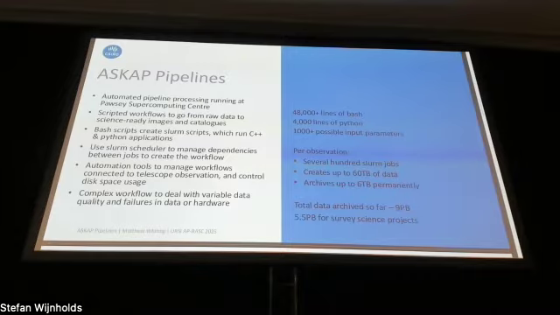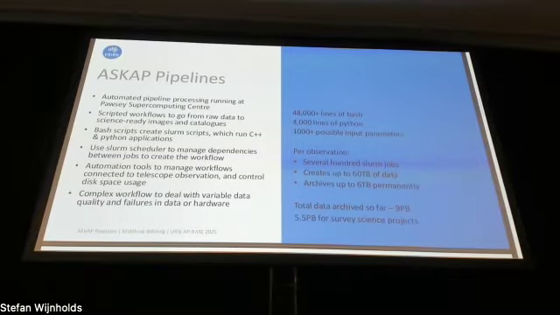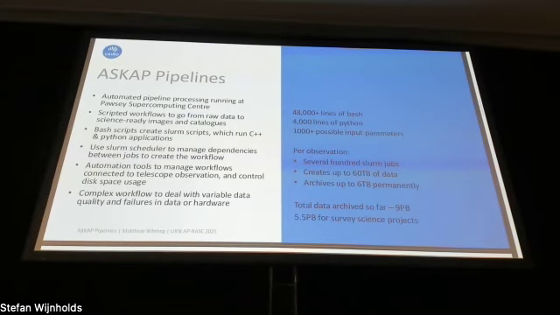So what we have in place for the processing is what we call the ASKAP pipelines. These are largely, almost entirely automated workflows that run at Pawsey, and are geared around taking the data from the raw visibilities that come out of the correlator into science-ready images, catalogs, calibrated data sets that get sent into CASDA, the CSIRO ASKAP Science Data Archive, and then released publicly after a short period of quality control.